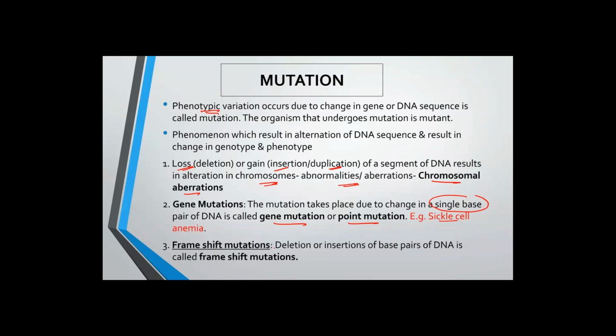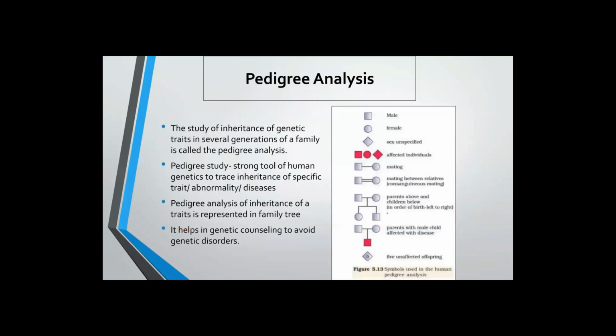Now, coming to frame shift mutation, the deletion or insertion of base pairs of DNA is called frame shift mutation. Now, coming to pedigree analysis, the square box represents male, the round circle represents female, and this represents sex unspecified. And this is the affected individual, this is mating, this is a mating between relatives, and this is the parents above and children below. And here this is the parents with a male child affected with the disease, and this is 5